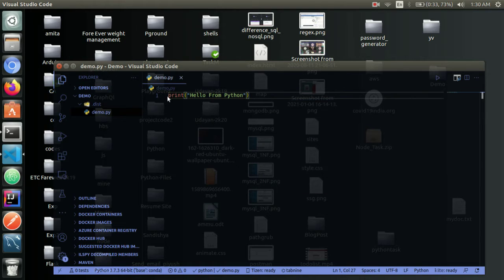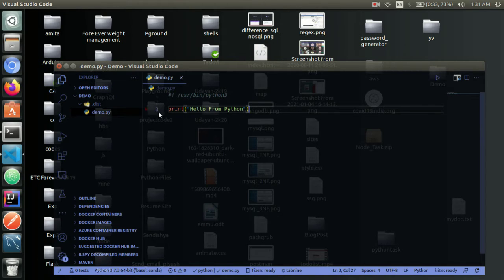and before this print line, at the top of the program, I will add shebang. Here I have added the shebang and I have written a small Python program, hello from Python.